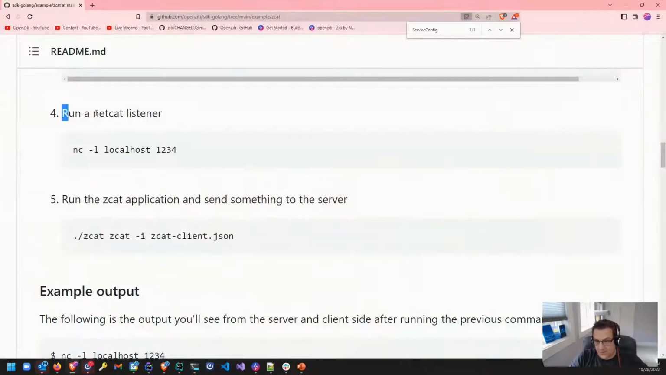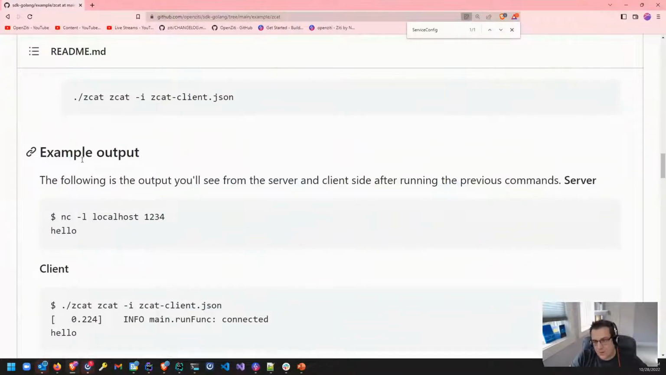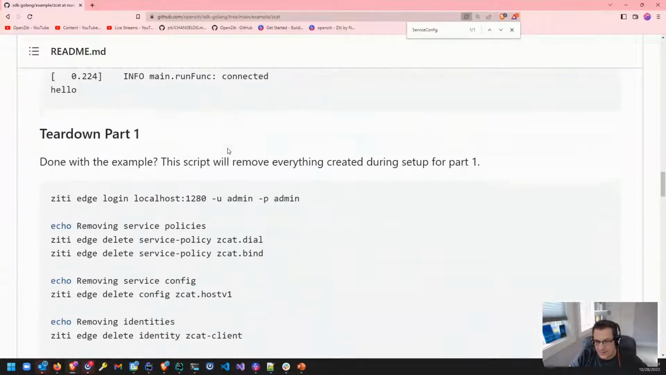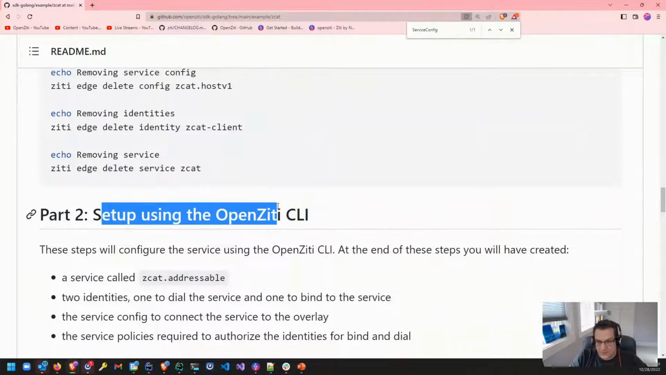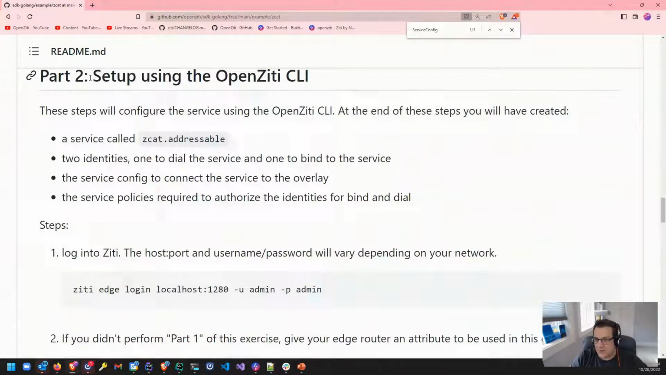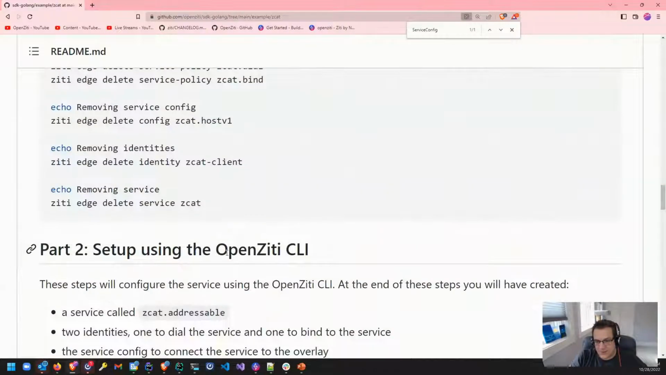That's cool. One little small change. Run the listener. Example output. Yeah, I just did the whole thing. Set up using OpenZT CLI. What is part 2? What is part 2? It just says set up using the OpenZT